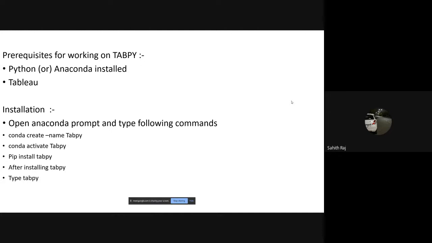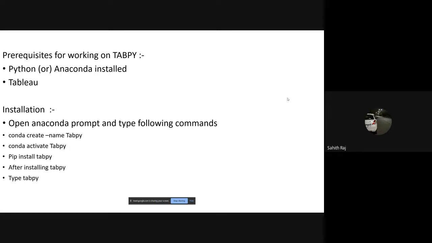The prerequisites to work with TabPy are, as usual, that we need to have Anaconda, and also a Tableau version installed in our system. To install TabPy, we need to create a separate environment for it. In Conda, we can directly create it by saying conda create --name TabPy.